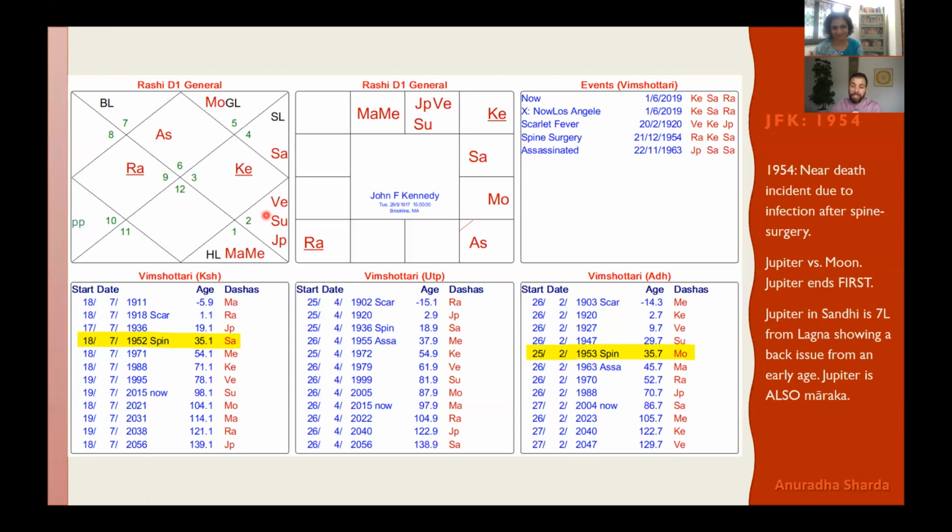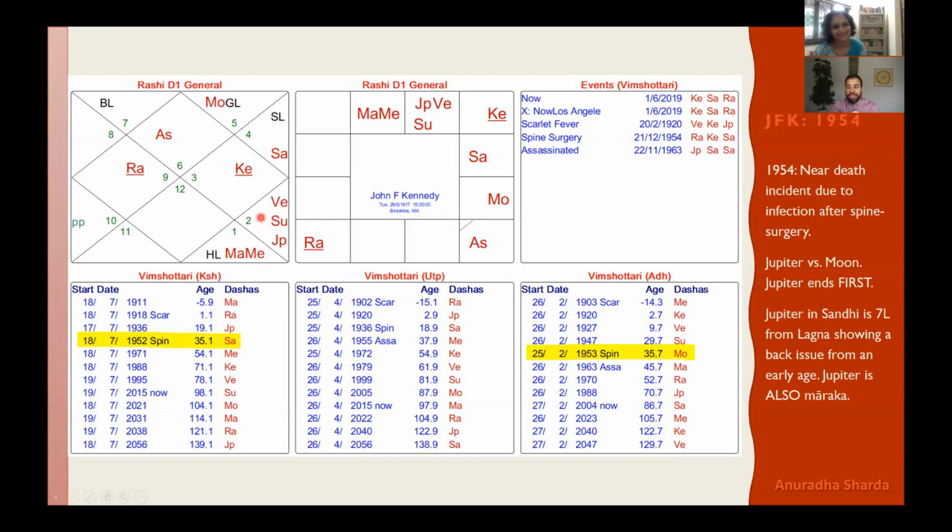Now we compare. Around this time I'm examining, it was Saturn Dasha starting or Moon Dasha starting, but Jupiter ending and Sun ending. And these are the ones I'm concerned with. Jupiter ended in July 52 and Sun ended in February 53. So Jupiter ended first. Guess what? We were looking at Jupiter, weren't we? Perfect fit.